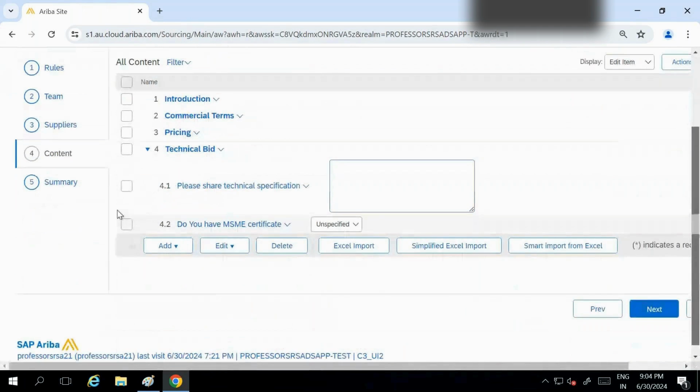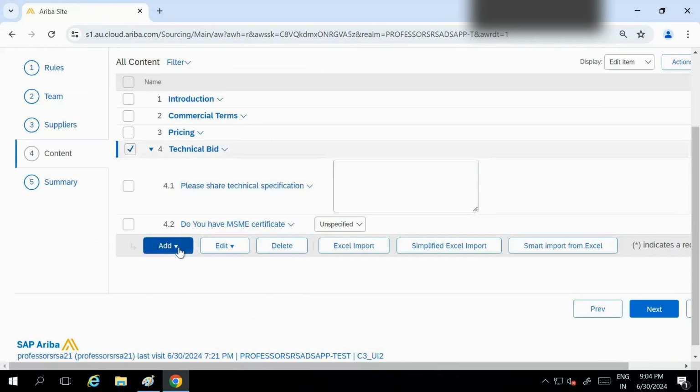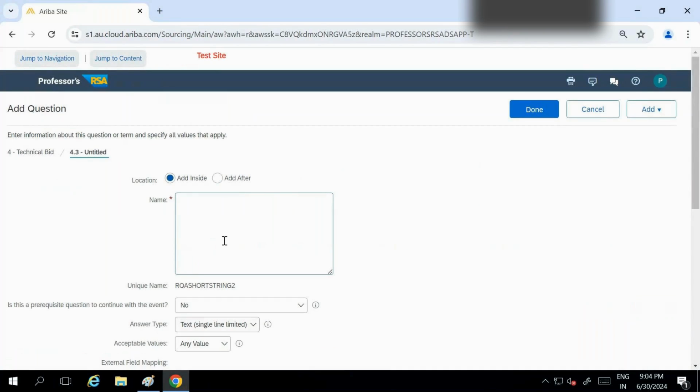I'll create one more question. Now we have asked the MSME question.